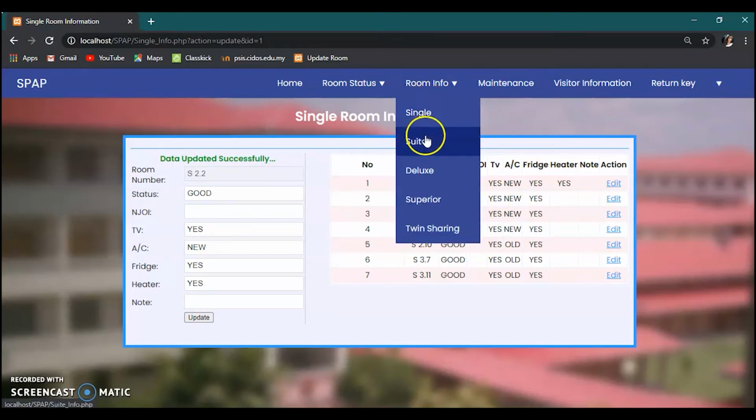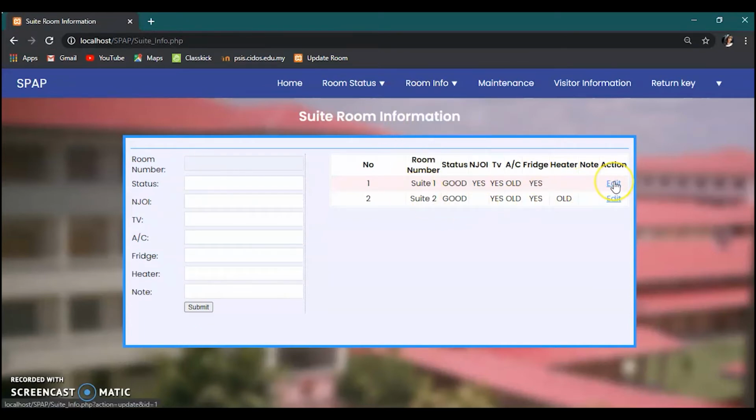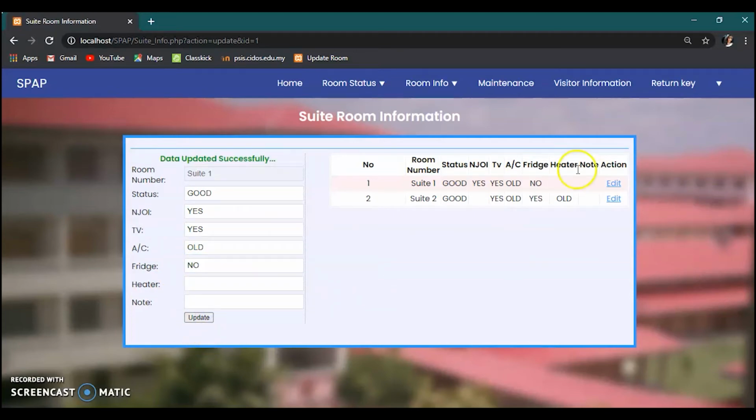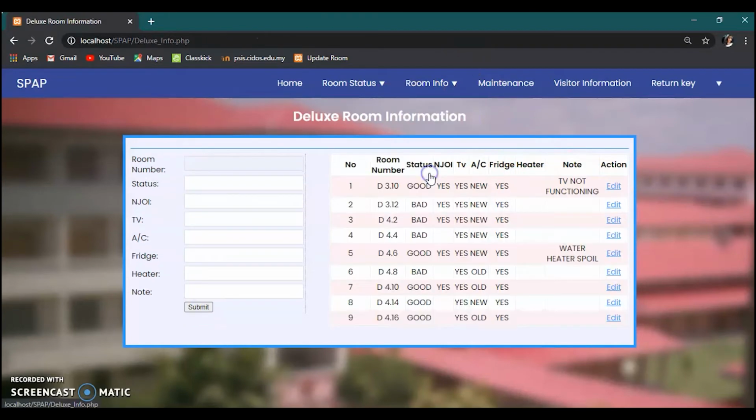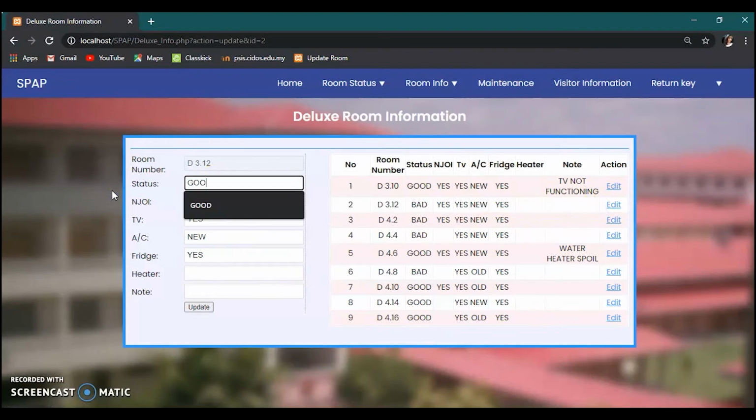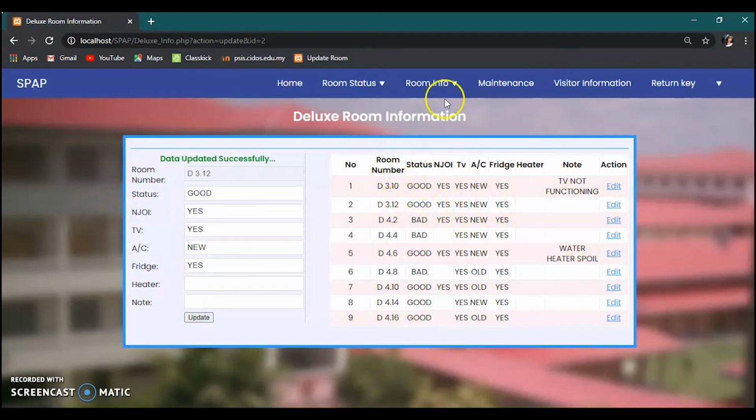Then we move on to room info of suite. Here also we can edit. Let's say this room doesn't have a fridge, so we can update here as no, and it will update here as no. And we move on to deluxe. If let's say this room is in good condition, you can update here and it will change here.